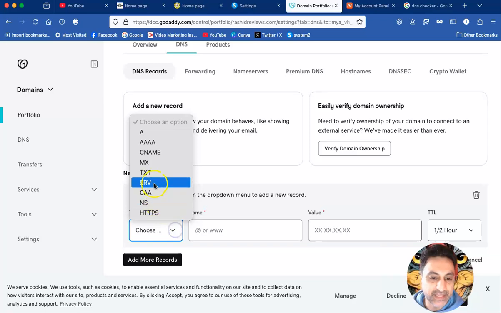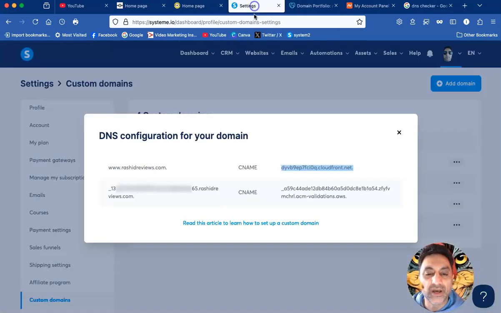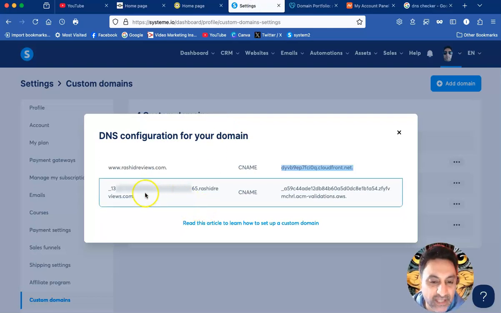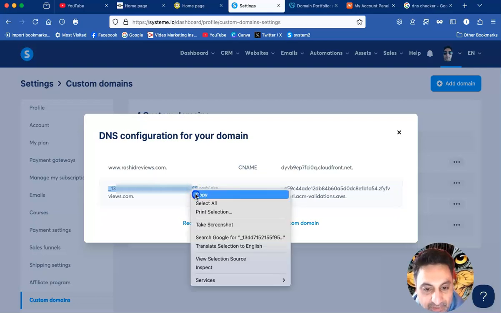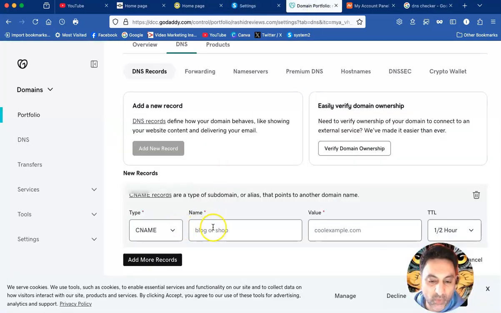Again, it'll be CNAME. And here it gets a bit more challenging. Not too challenging. But you see these string and long letters here? We're going to copy everything here up to the dot. Okay. And I said up to the dot. That means not the dot. We're not going to include the dot there. So I'll just copy, including that line at the front, up to the dot, to the very last number, copy it without the dot, and then what we're going to do is paste that one